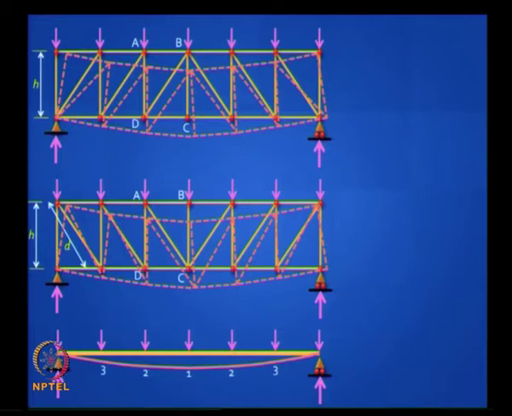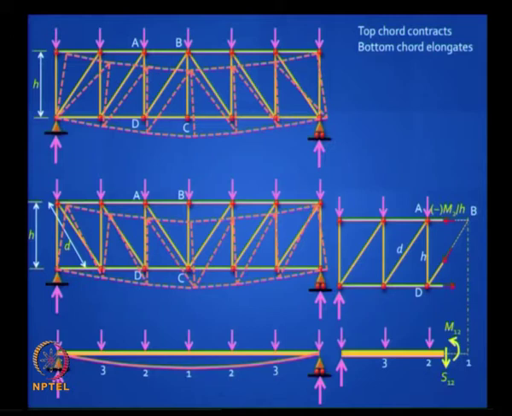This is an equivalent beam, and you will find that the method of sections essentially establishes a relationship between the axial forces in the various truss members and the bending moment and shear force values in the equivalent beam over the same span. So if you cut a section here, for example, if you take moments about the point B, you can find out the actual force in the top chord in the second truss and the bottom chord in the first truss. It is given by the bending moment at that location, where B is, divided by the height of the truss. Those are the maximum values of forces in that truss.